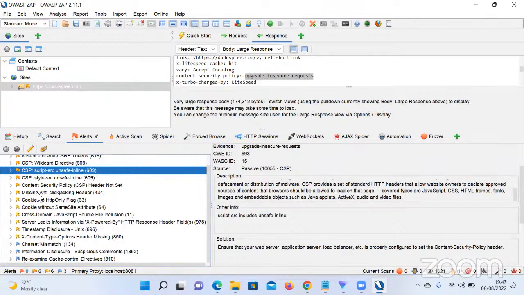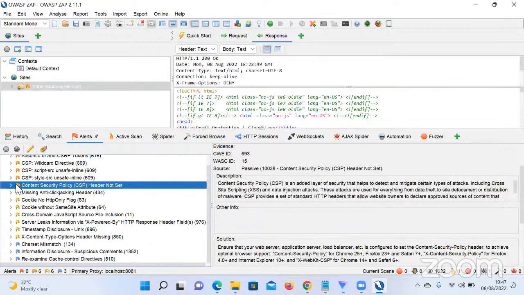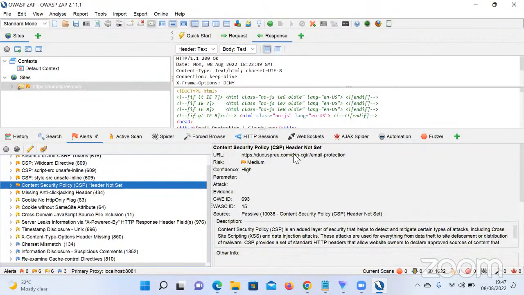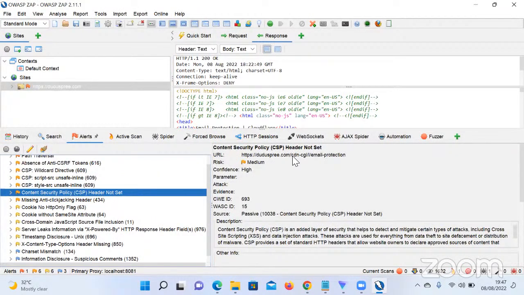Now let's see. This is the same content security policy header not set. Oh, let's check this out. CGI, that means you can use this email protection. You can see that they use this content security policy to protect the email, but with the help of this